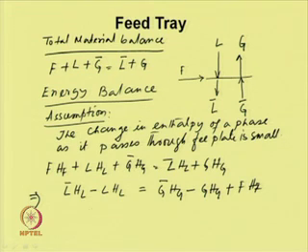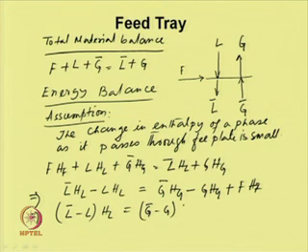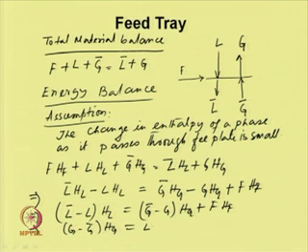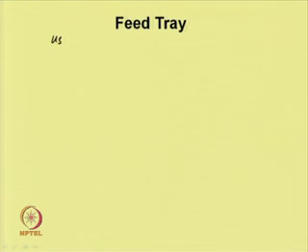So, we can write L bar minus L times H L is equal to G bar minus G times H G plus F H F, or G minus G bar times H G would be equal to L minus L bar times H L plus F H F. Using